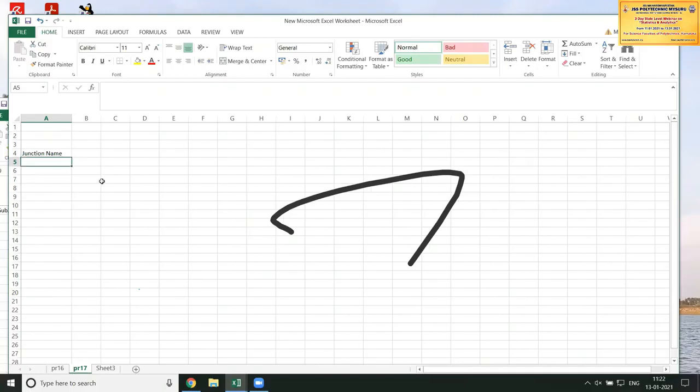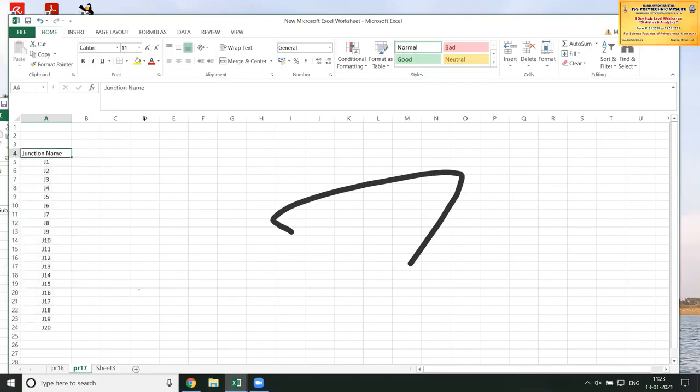So here I'll write it as J1, J2, J3. They have asked you to take any set of data. I'm taking 20 as my data set.